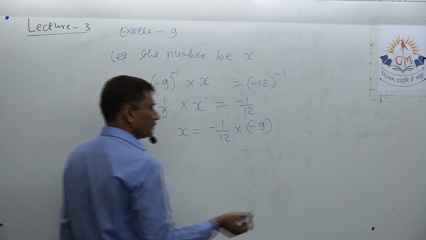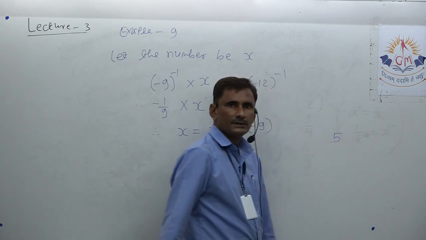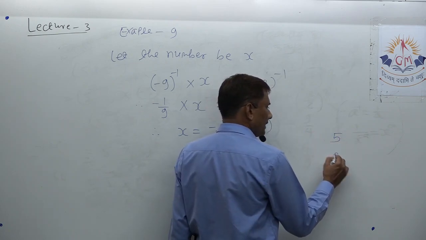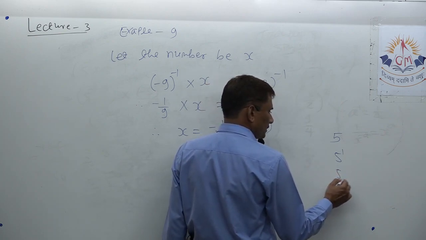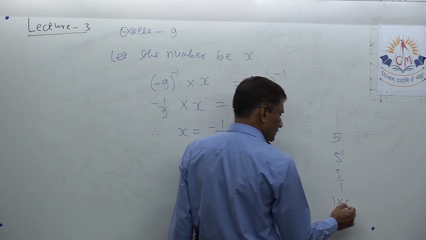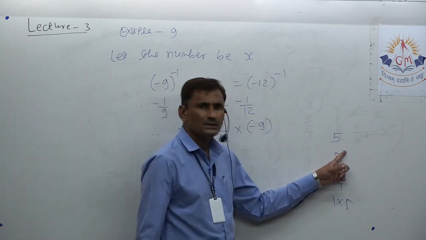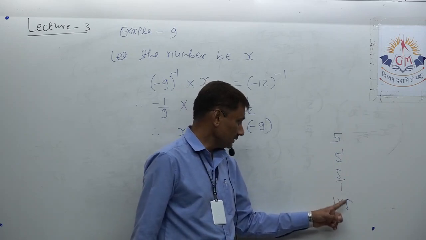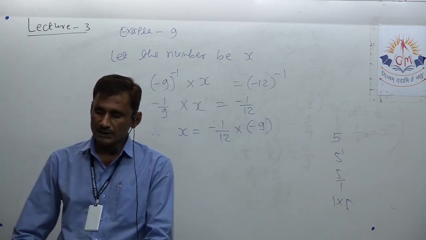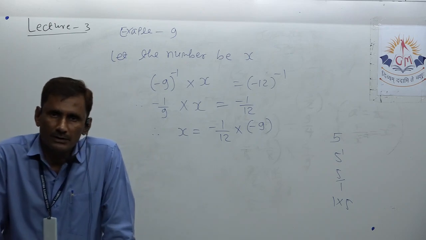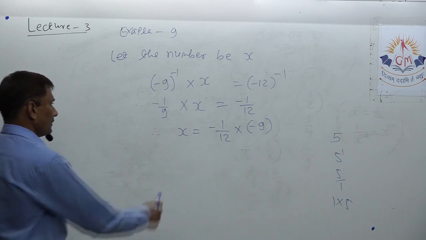At coefficient, at exponent or in denominator. Suppose any student's roll number is 5, then he or she can write 5 raised to 1, 5 by 1 also and 1 into 5 also anyhow. But it is not necessary to write raised to 1, to write upon 1 or into 1. Okay. So at coefficient, at exponent and at denominator, no need to write 1. So I have not written here.